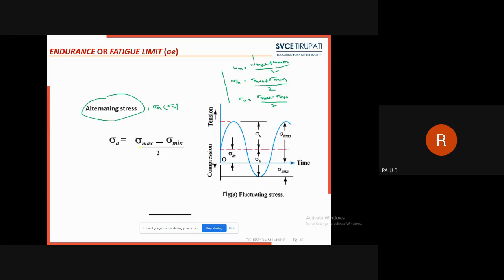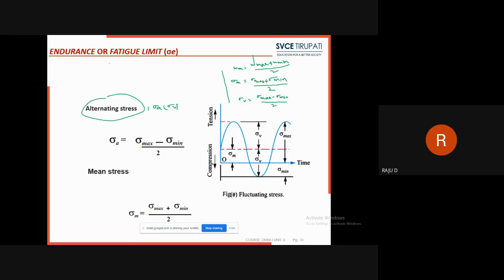In some textbooks they will give sigma V always, in some textbooks they will give sigma A. If you see the Sadhu Singh textbook, they call it sigma A. But in R.S. Khurmi or Bhattacharya, they call it sigma V, the variable stress. So sigma M means the average of the respective parameters, and sigma V means the difference or subtraction between the two respective variables. Remember that in your mind. Okay, right. So next,